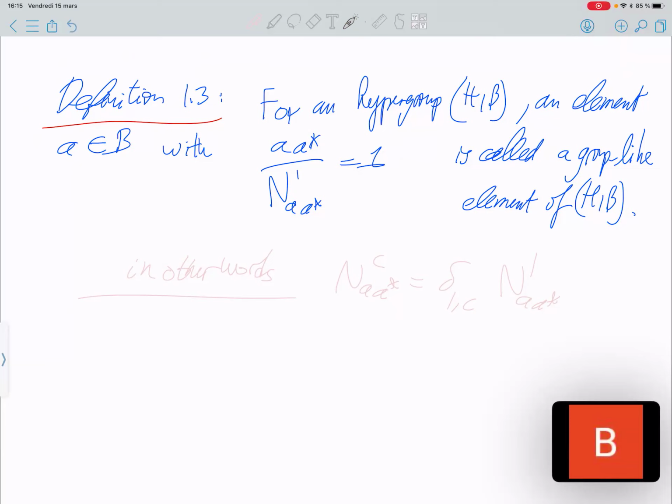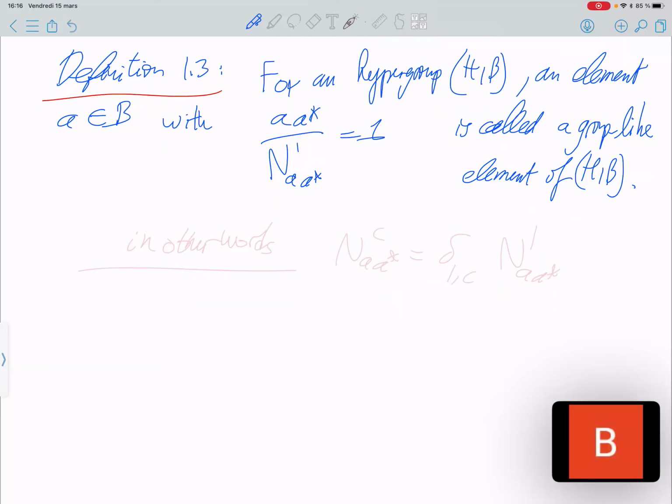Now, in fact, when you wrote that, you see it's completely straightforward. The reason why this set of group-like elements forms a group is very easy, because when you multiply,